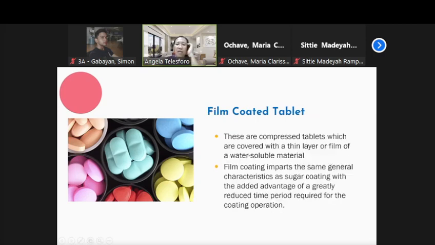Film-coated tablets, so these are tablets coated with a thin layer of film, usually water-soluble material. So your coating imparts the same general characteristics of sugar coating, kaya lang may added advantage of reducing the time period required